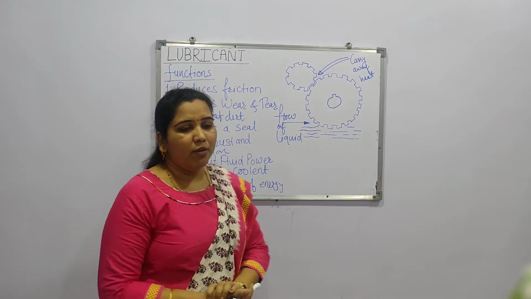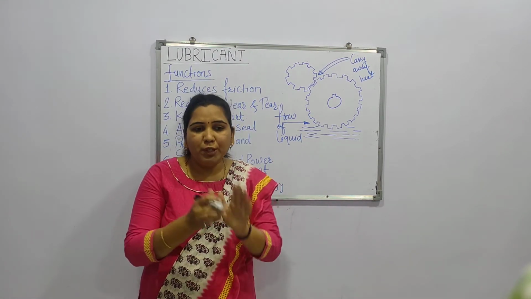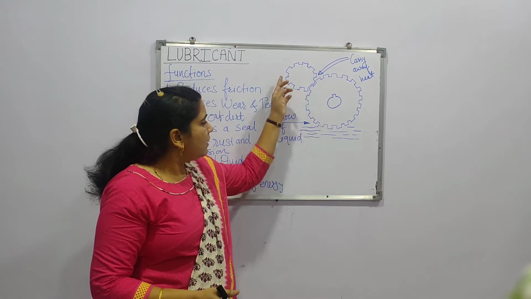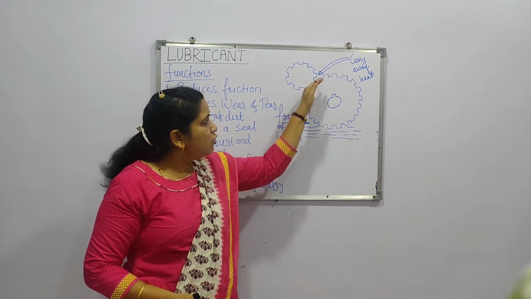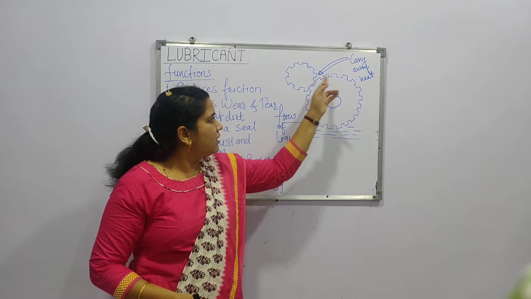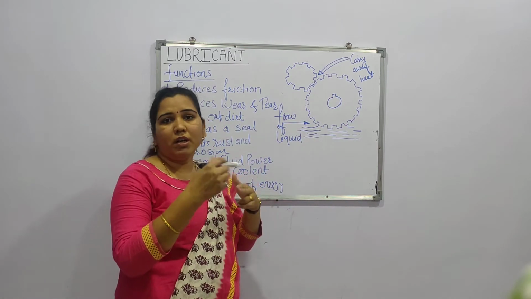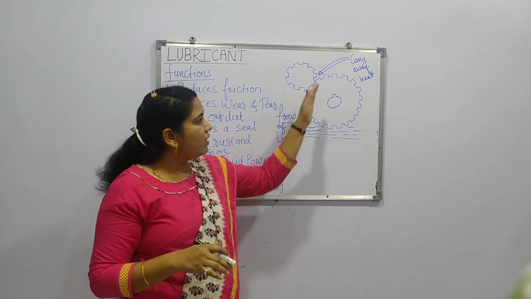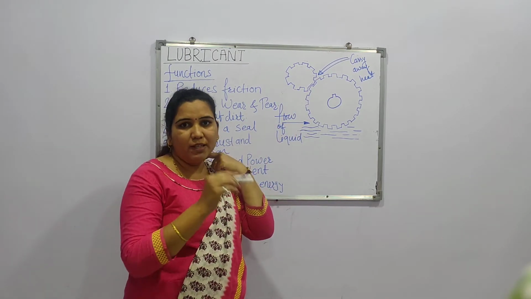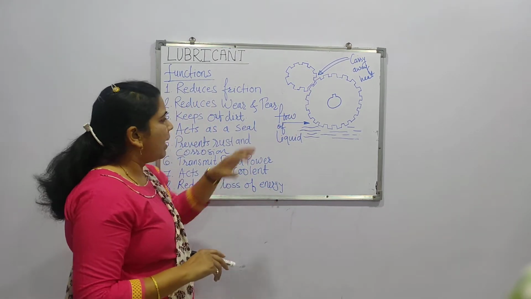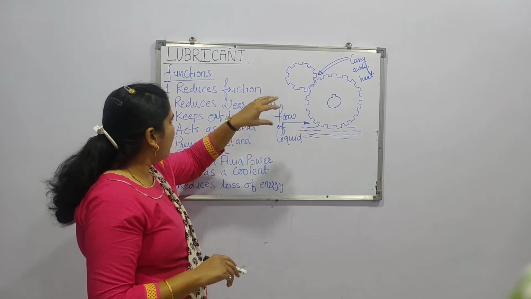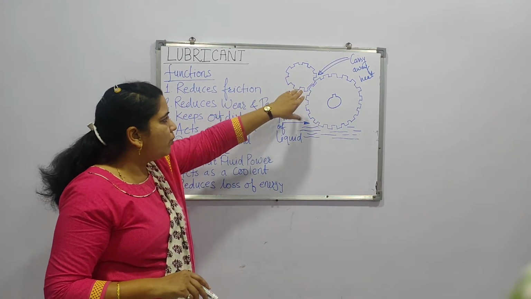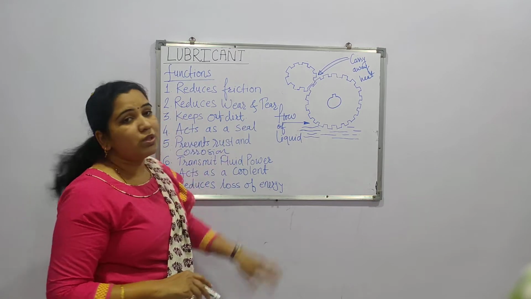As we know, when lubricant is used in between two surfaces like this, here there is a diagram. In between these two surfaces, we know that these surfaces are not smooth, but they are having a lot of asperities and valleys in them. So they are having a structure like that. Whenever there is a use of a lubricant in between, it reduces the friction.